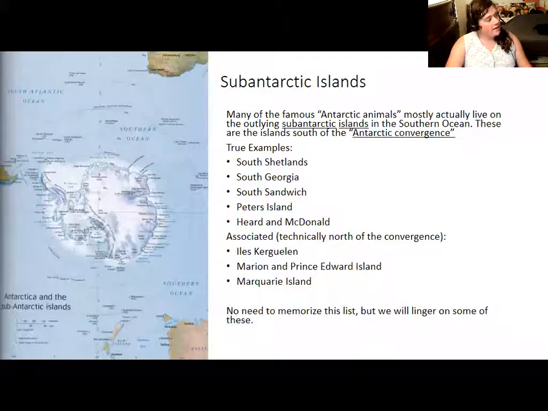The islands that you saw in that last diagram are the Subantarctic Islands, smaller land masses south of the convergence where many of the animals that we think of as Antarctic animals, like a lot of species of penguins, actually breed, because since these islands have a much smaller landmass and are surrounded by ocean, they tend to be a little bit milder than the interior of Antarctica. So a lot of penguins breed there. They have high seal and whale populations. That is also why islands like South Georgia Island, which we'll talk about later, was used as a whaling base, and why Shackleton would seek refuge there because he was trying to meet up with the whalers.